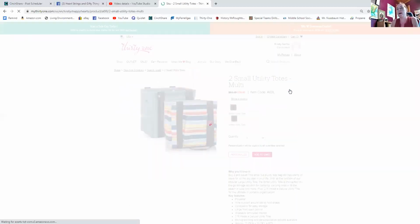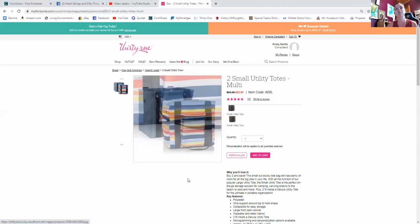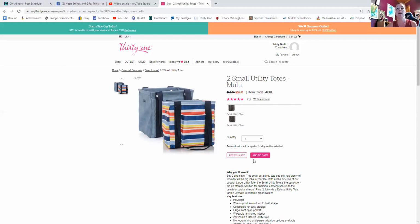So you could get 4 of them for $100 instead of $120. Except if you want to get them all half off, then you get 4 in the PS set. However, in the PS set, they're already going to be the Denim Distressed and the Vista Stripe. But if you get the 2 set for yourself,